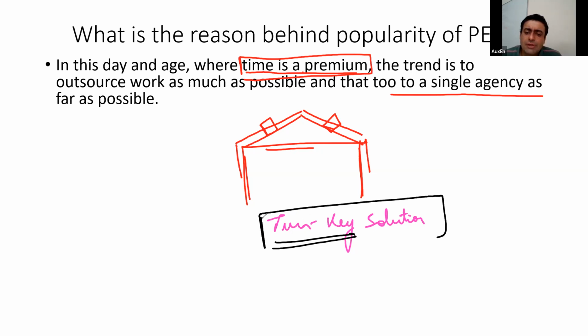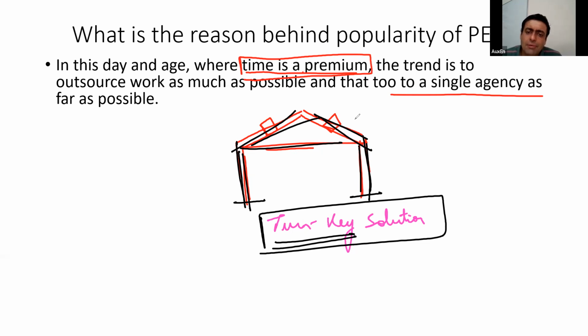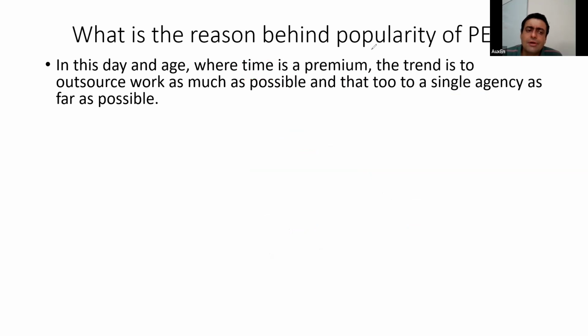So they look for agencies which can do everything for your structure, right from designing to fabrication to assembly to erection to other items required in your PEB. Everything is done by one agency. That way they have to deal with only one single point agency, and that becomes simpler for these corporate clients or even normal clients. So time is at a premium. We do not want to deal with multiple agencies, and we want to outsource our work as far as possible. Therefore, people nowadays find this pre-engineered concept very convenient.